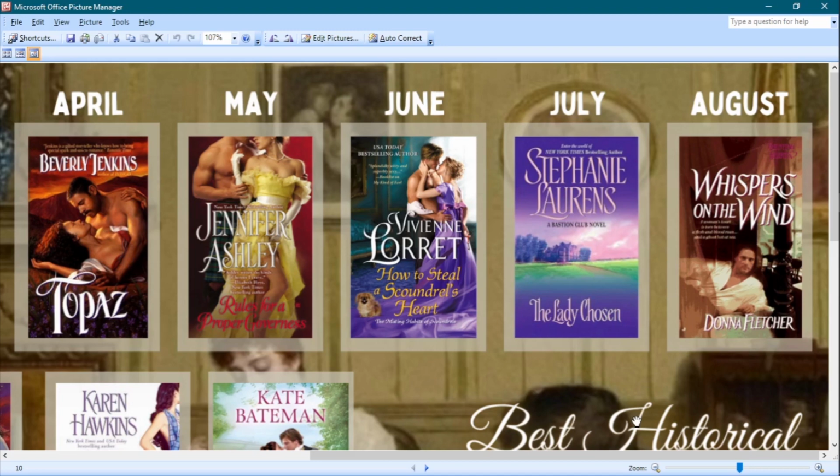And then the final one on this row is August, and that I had to give to Whispers on the Wind by Donna Fletcher. I love Donna Fletcher. She kind of took BookTube by storm a little bit ago with some of her Highlander romances, and this is a standalone from her, and this one is interesting. So this is Billy and Max, and Billy is her nickname, obviously, and she is an American, and the solicitor